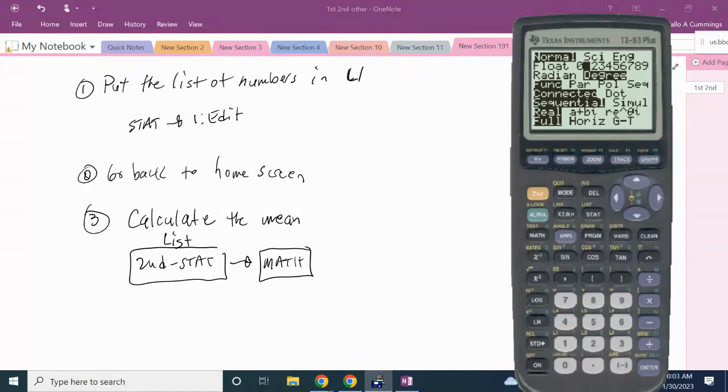I just hit mode. So if you're on the home screen, and you just hit mode, this key right here, and then you want to go to float. That actually means floating decimal point. So if I hit 1, that means it's rounding to the first decimal place. So now if I go back to my home screen,